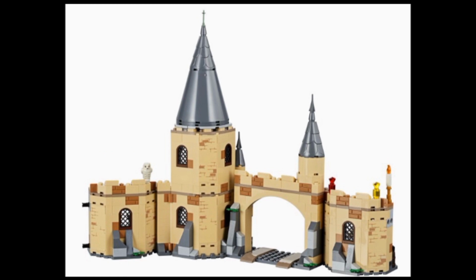Here we have the exterior of the section of Hogwarts included in this set. You'll be able to see readily that I was incorrect in my analysis video of that leaked banner. I thought that this was the boathouse. That's actually wrong. In the banner, it looks like they're using the boathouse since they're putting a boat into it. But actually the tunnel section is supposed to be the tunnel they drive the car through when they get to Hogwarts after they escape the Willow,